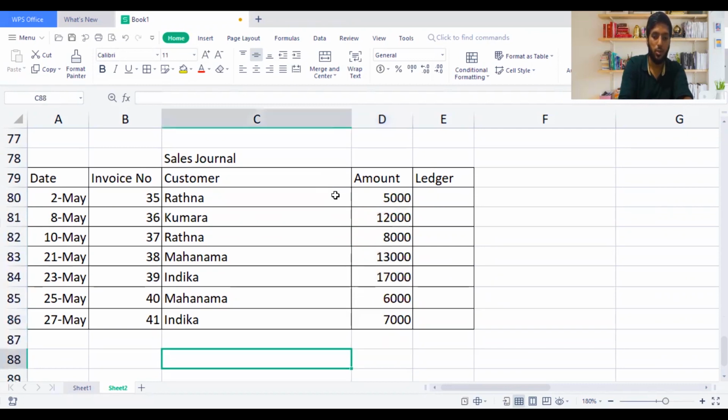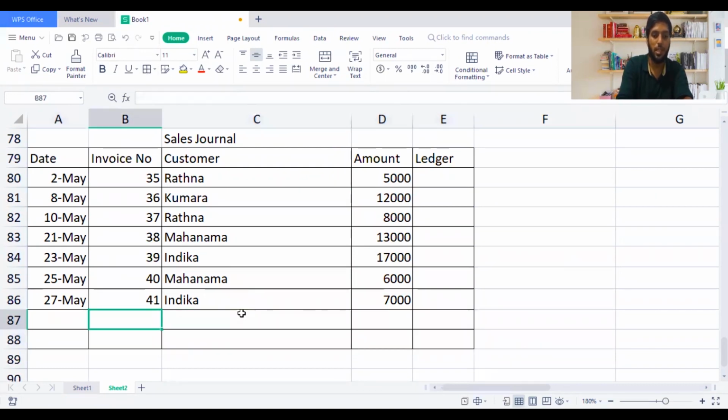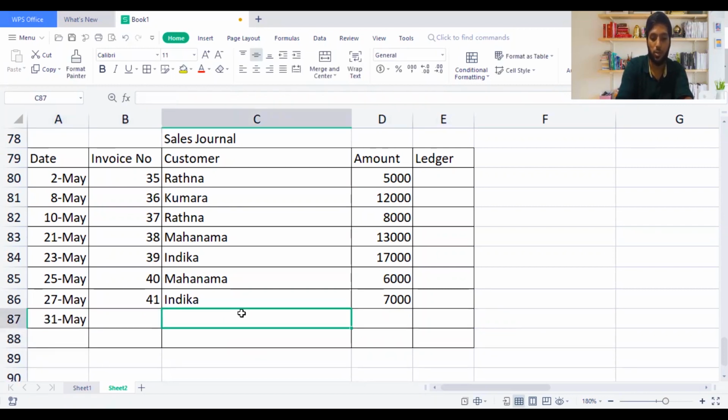Let me unbold it, guys. I just need to add more formats to make this sum complete. I'll write 2 columns, which is more than enough for me to complete. So now this is the end of the month. We have 31st, the final date we are going to transfer, but we don't debit to the purchase account. We are crediting to the sales account. Credit to the sales ledger account. You should write this in your exams. And then we have 5,000, 12,000, this entire total.